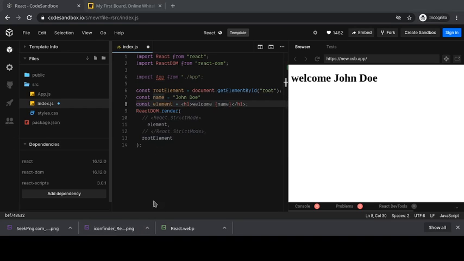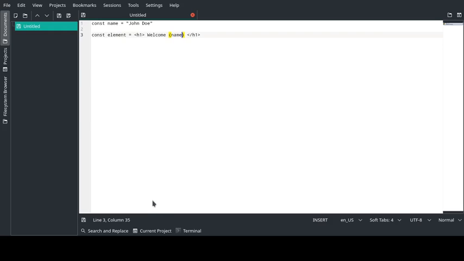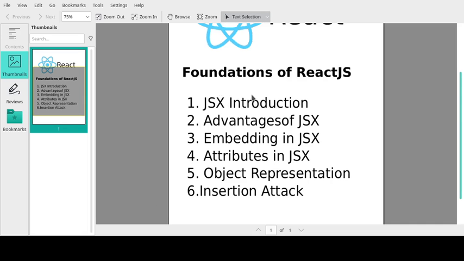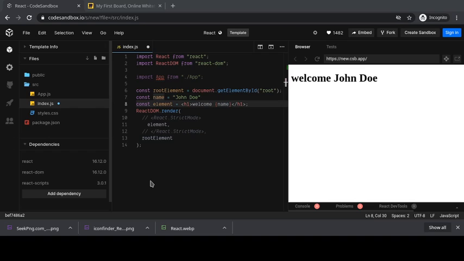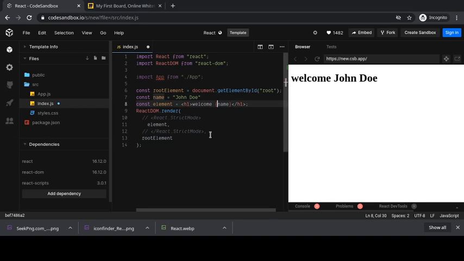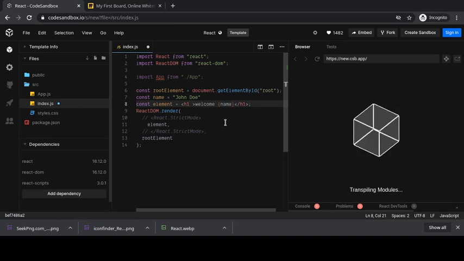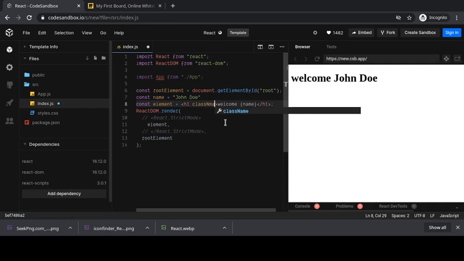Next thing we are going to see is, we have seen embedding in JSX. Now let us see how to pass attributes to the JSX element. To pass an attribute to a JSX element, it's simple, like passing the name variable to it. Simply you can pass anything like className. It is a valid HTML attribute.